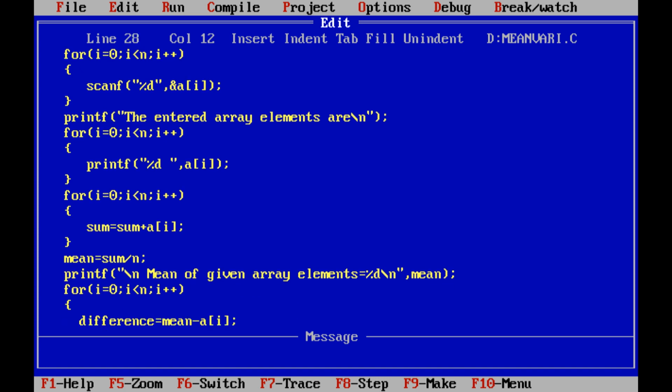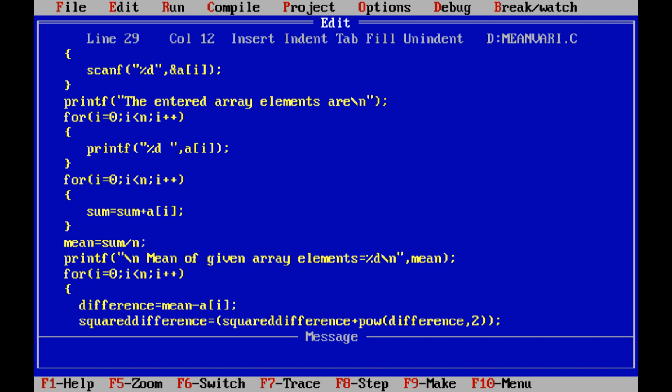Okay. Next after that we have to find out the difference value. Difference is equal to mean minus a of I. So mean value is 30. 30 can be subtracted from each and every element of the given array. After that we have to square that difference value.